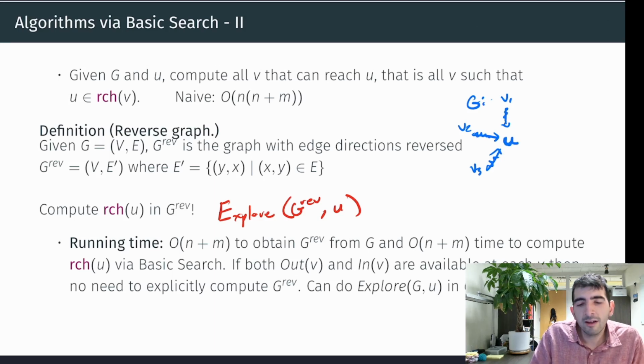So running reach on U in the normal graph wouldn't give you these vertices, right? Reach only gives you the vertices that are reachable by U, i.e., the vertices that you could go to from U outward, right? But if we compute the reverse graph,